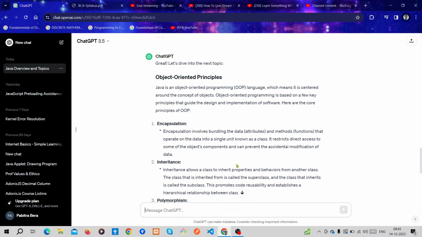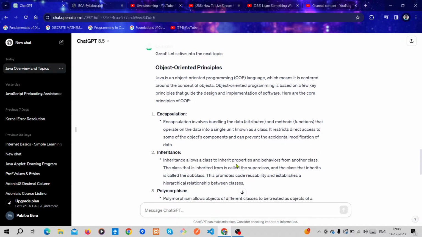So use it for developing yourself, to improve your productivity. If you use ChatGPT, you can study things much more productively. Okay, so let's discuss this topic.